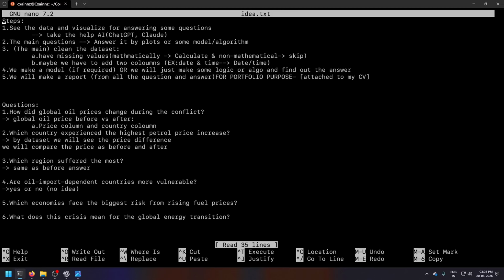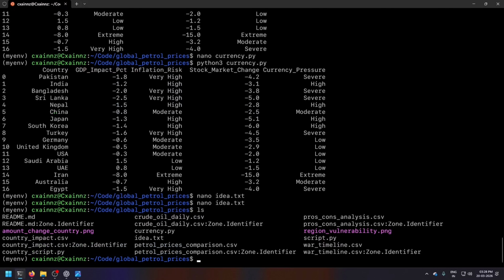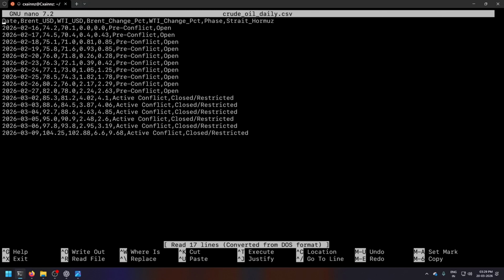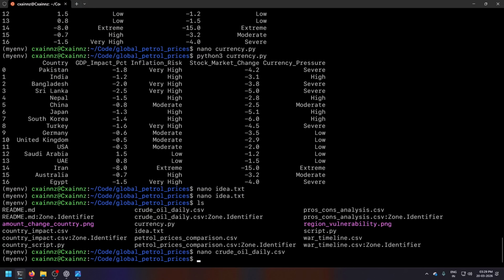What does this crisis mean for global energy transition? Hmm, I haven't seen the crude oil CSV file. This is the date when the blah, blah, blah, and nothing of use.